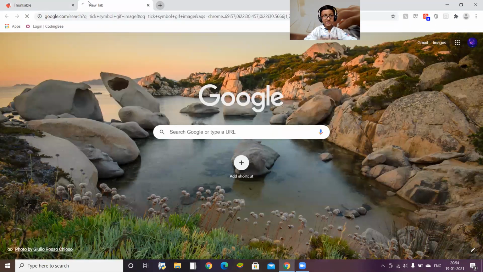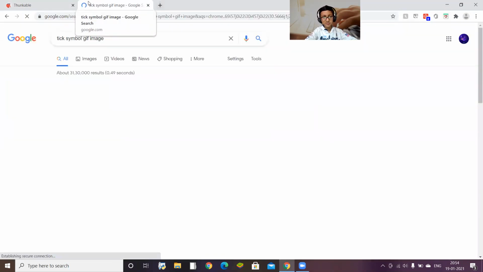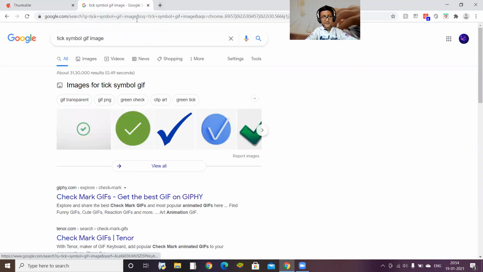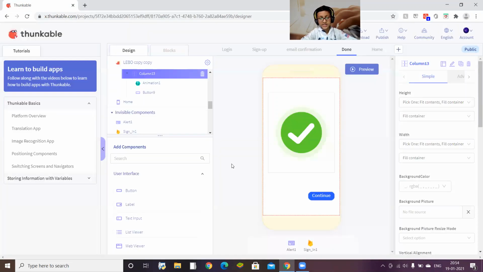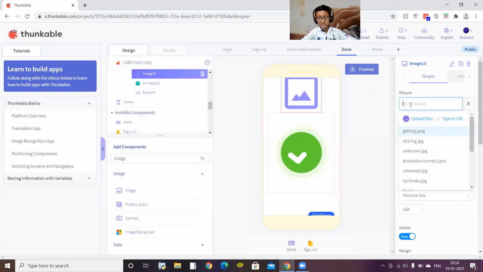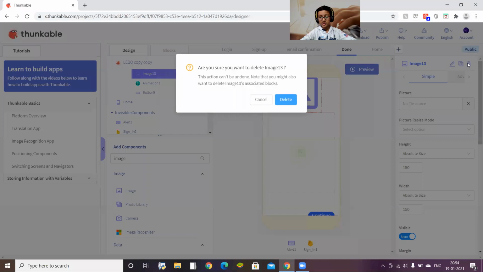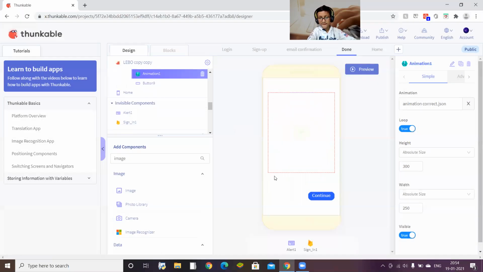You can type like this. You will get many good animations. You can set one image and add here. You can add the link and it will be all set and done.